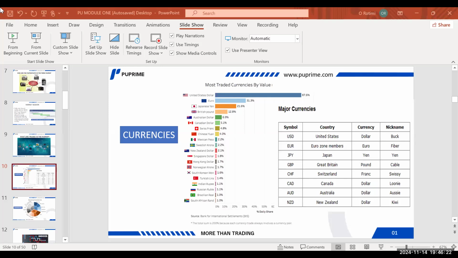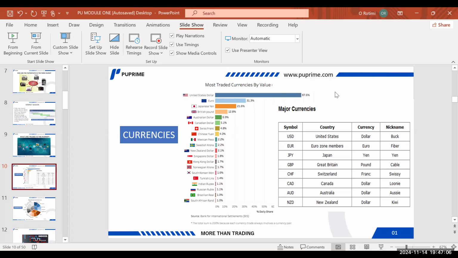So we want to look briefly at each arm of the financial market generally. So we're now talking about the currency market. Now, on the screen, you can see different currencies and the trading volume for each of these currencies. Let's start from the base here. South African Rand has an estimated trading volume of 1% in the global market. Let's go up. Canadian dollar has 5.1%, Australian dollar 6.9%, British pound 12.8%, Japanese yen 21.6%, euro is 31.3%, but